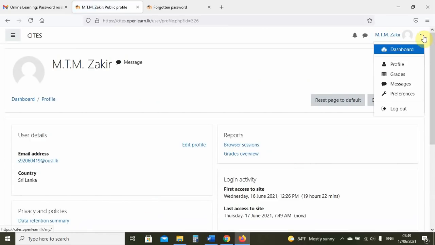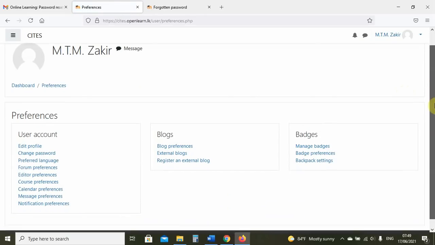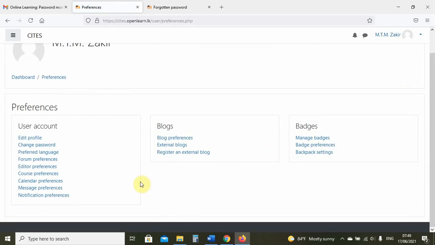Similarly, the other thing you must do is go to your preferences page. There are many preferences here, but I will discuss only one that is important for your use of the LMS. There are many others which may or may not be important. You can explore these things. It's very important to understand that you cannot make any huge problem for the LMS. You cannot break the LMS.